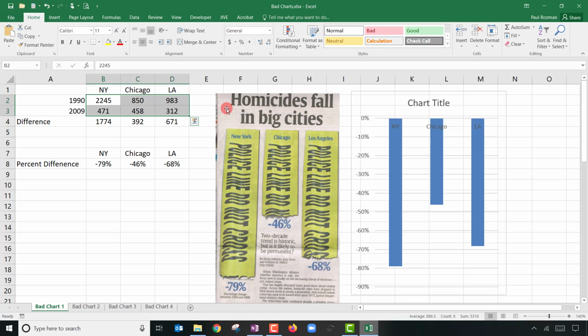Maybe they declared a lot more things murder in 1990. And in 2009, maybe they added a category called suspicious death. And then obviously the murder rate drops because there's some other category that's eating up the numbers. So I thought that was interesting. I had no way to really verify that, but it is something to think about. Someone else pointed out that they picked New York, Chicago, and LA. Why?